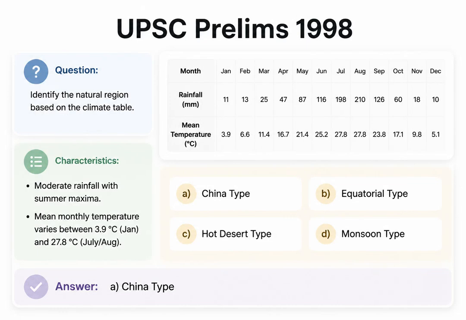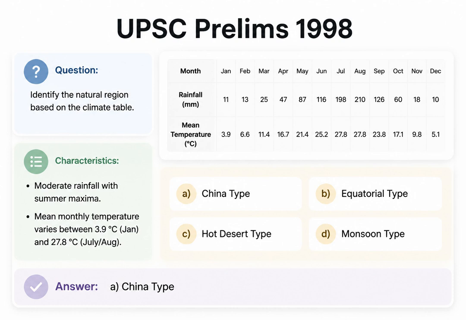In 1998, a table showed temperatures ranging from about 4 degrees in winter to 28 degrees in summer, with moderate rainfall peaking in the summer months. We can eliminate equatorial and monsoon types because their rainfall exceeds 150 centimeters, and hot desert because its rainfall is too low. The moderate rainfall with a summer maximum and this specific temperature range points directly to the humid subtropical,